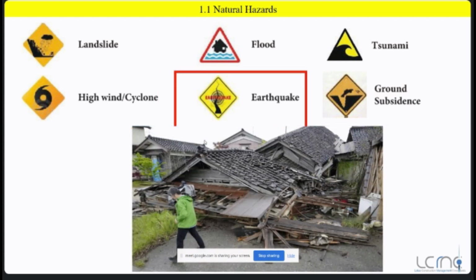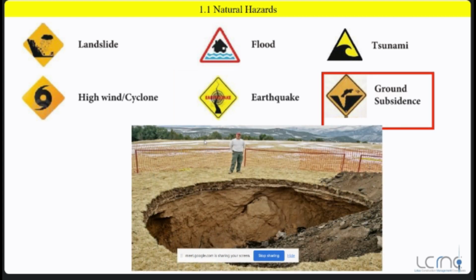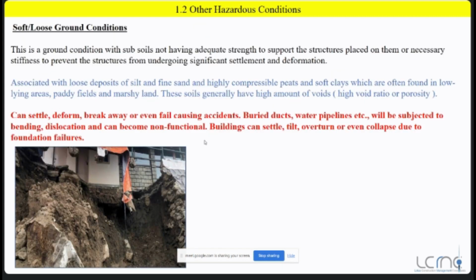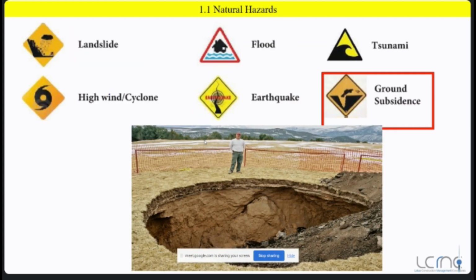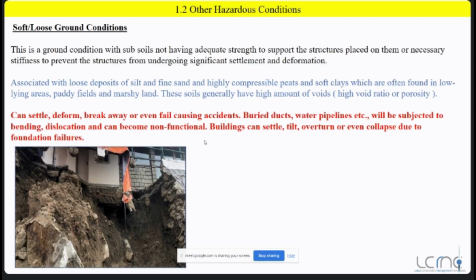And earthquakes, nowadays Asian countries are also facing earthquakes, mostly China and Japan. And ground subsidence has also become familiar in Asian regions. So that is that. Okay, so apart from these very well known, very important, very familiar natural hazards,